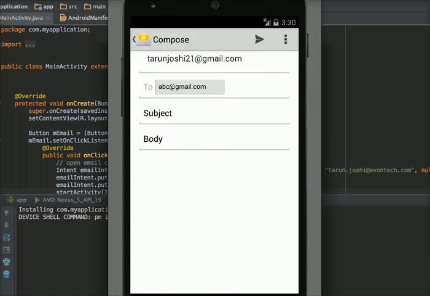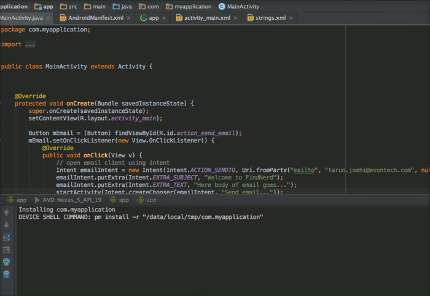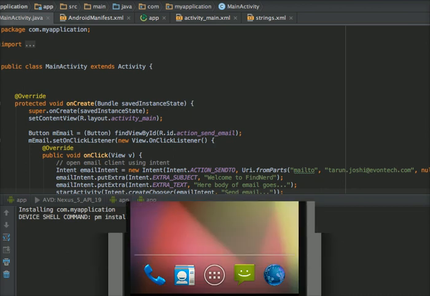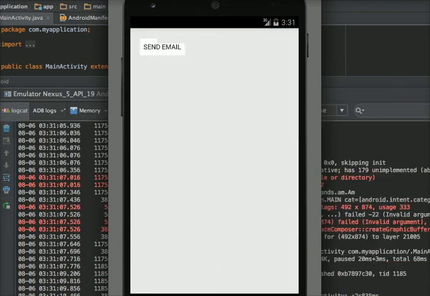For this, I created a button and set a click listener on it, then initialized the intent with the action and the URI that I need to pass, and added its subject and text body using the putExtra method. So let me check. Yeah, it's running in the emulator.